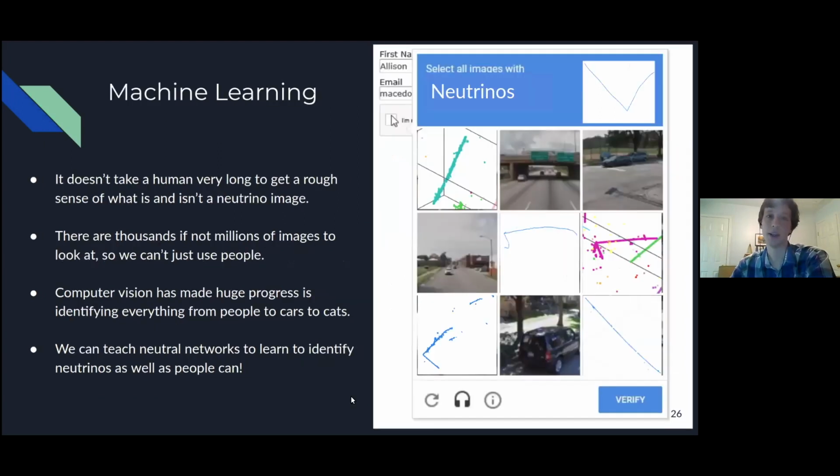And the last technique is machine learning. This is a huge field, and I won't get too detailed into it, but the idea here is that you as a human can probably look at what's going on here and tell which is neutrino and which is not. So we've got this sample neutrino interaction here, and I picked one that looked like the letter nu, because that's a good first way to tell nu for neutrino. And then we've got these images here. And in fact, if you want to go ahead and guess which of these images might be neutrinos,